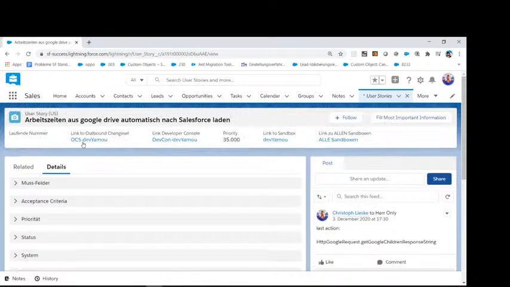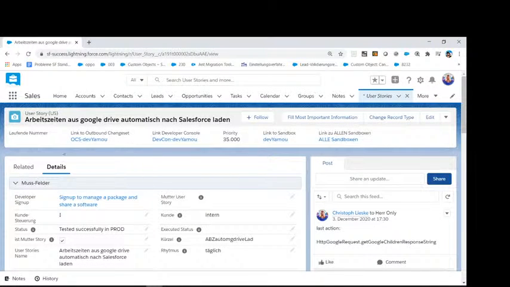As you can see on the sheet, I have some abbreviations in here. So this is going to be the priority, for example.